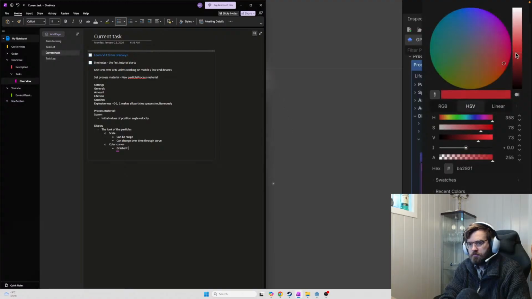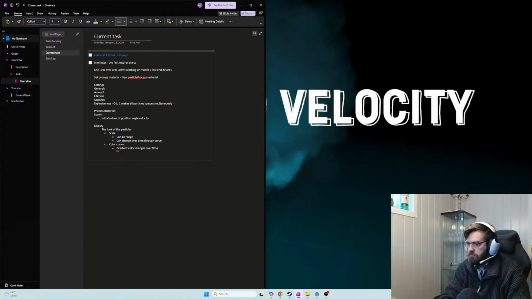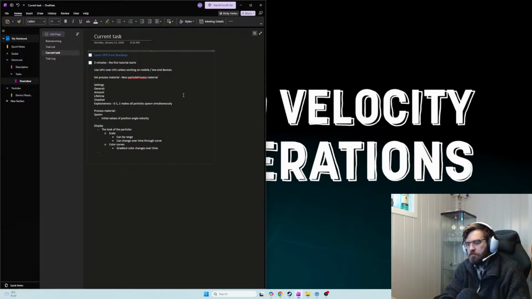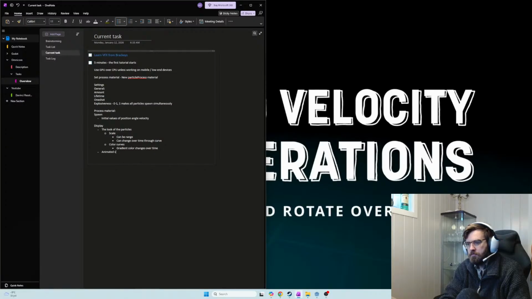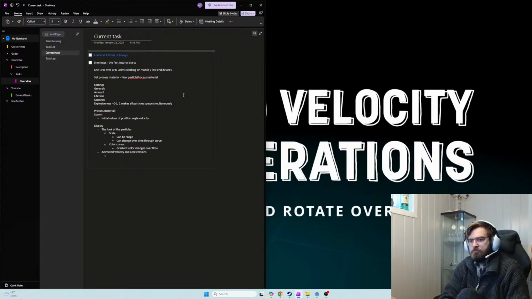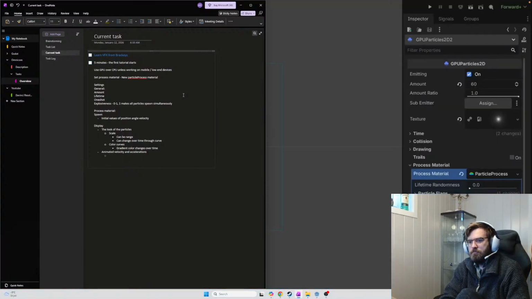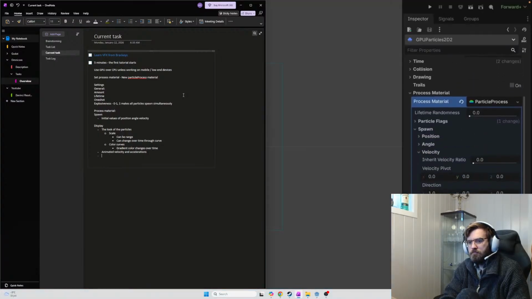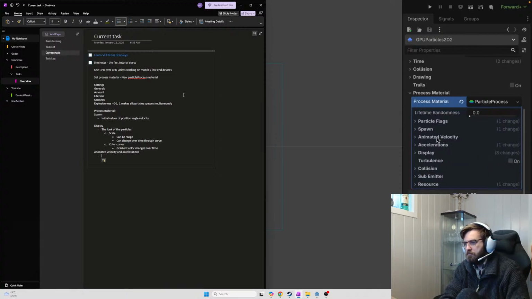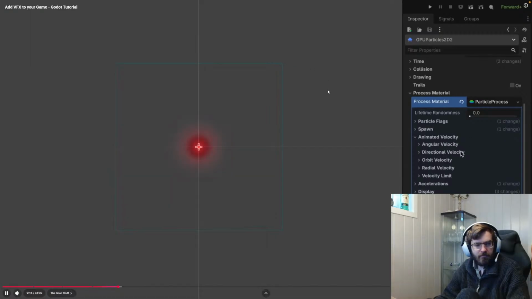The third and final category is animated velocity and accelerations, how the particles move and rotate over time. While we can set the initial velocity of our particles in the spawn category, if we want this to change over time, this is the category we need. Take this particle system. It has no initial velocity and no forces acting on it. All the particles remain in place. Now we can use animated velocity to directly set the